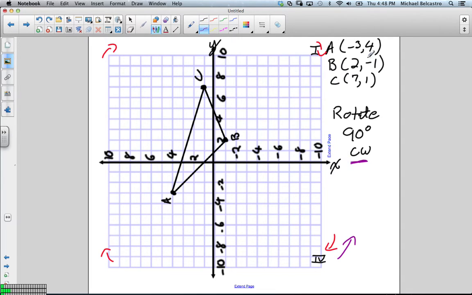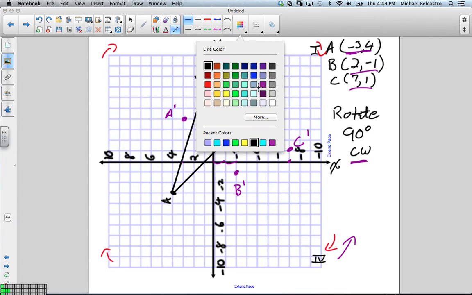And the reason we're saying that is we're going to take our old values and just plug them in. So negative 3 is here and 4 is here. So this is our new a. We'll call him a prime, okay? Our new b is going to be at 2. And even though I know it looks like it says negative 2 because we've changed it, we go over 1, 2, and down 1. So this is our b prime. And finally c, we go over 7 and up 1. This is our c prime. So when we go to connect our dots here,